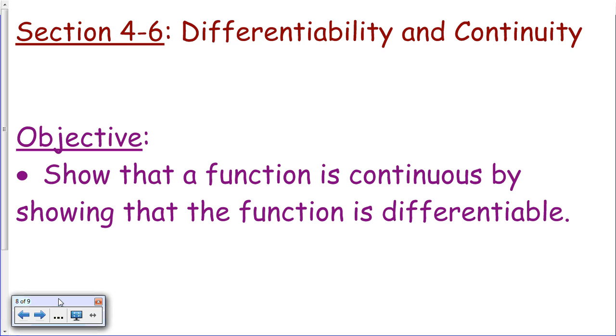given a graphical representation of a function, determine whether it's continuous or differentiable or both, or sketching a graph that has some particular features on it, whether it might be continuous or differentiable, or not continuous or not differentiable at different points. And now for the second half of this section, we're going to look at some